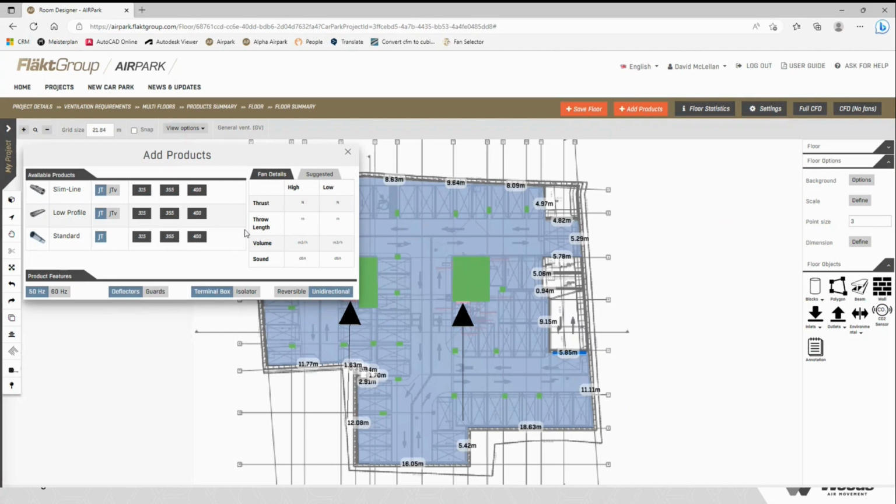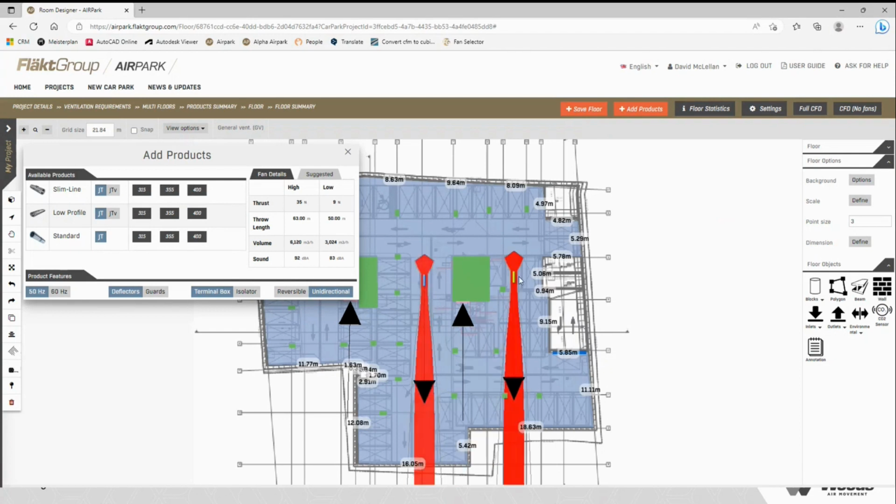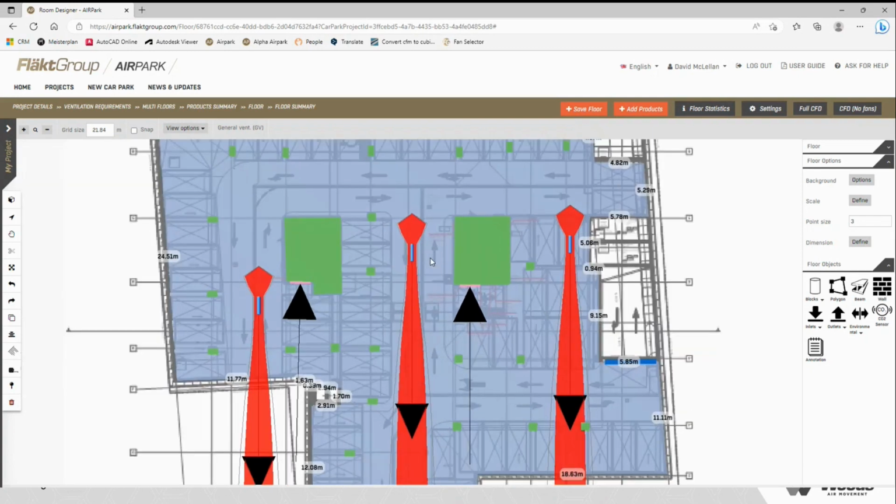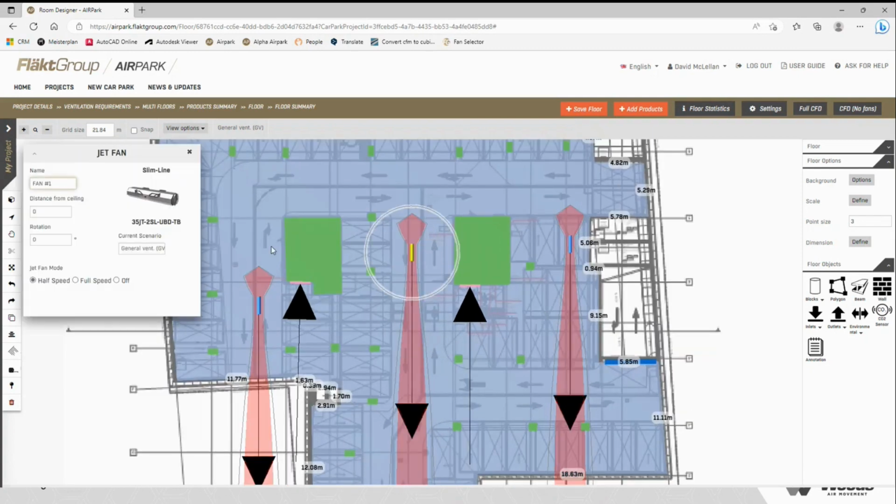To insert your jet fans, just click on the model and type you want to use, and then drag and drop, as with the pillars. Once you've put your jet fans in, click on it, opens up this menu, gives you a number of options to select for your jet fan to specify what you want. Good idea, because of how the solver